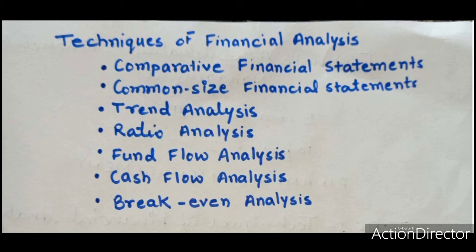The trend analysis of business operations and other financial data may be done in any of the following ways. Number 1, trend percentages. Number 2, trend ratios. Number 3, graphic or diagrammatic presentation. Trend percentages. In this method, first of all, information contained in financial statements of several years is tabulated. Then, the percentage increase or decrease in each item for all other years is calculated by taking the earliest year or any one year as base.